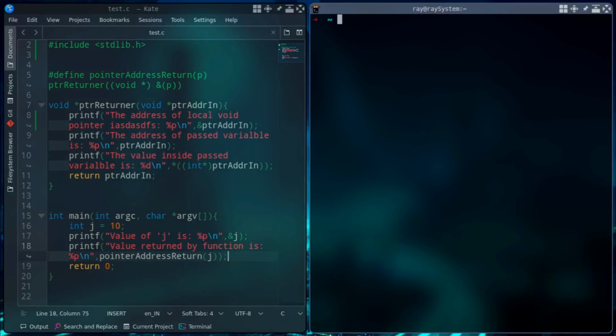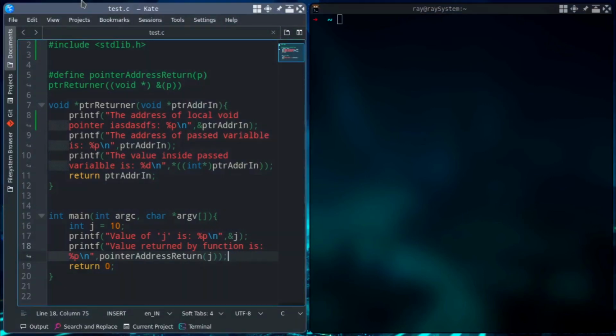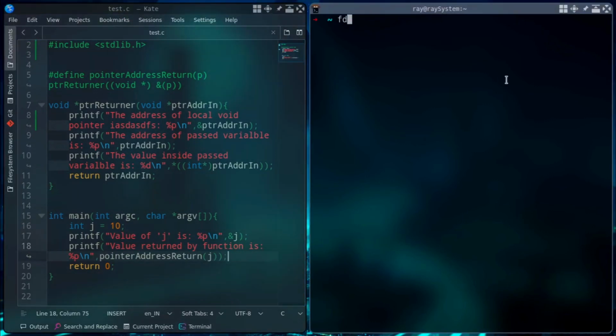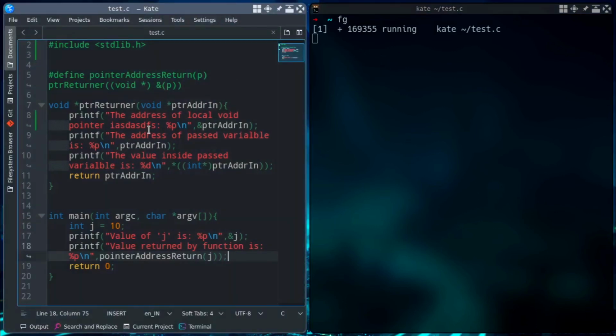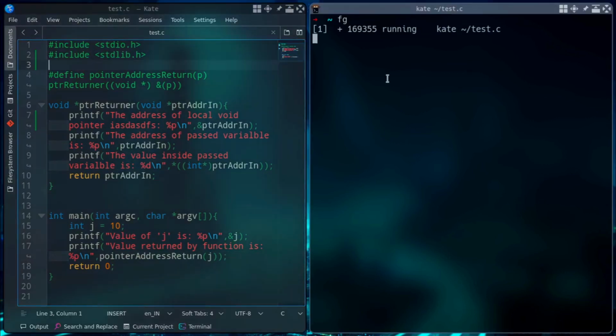Suppose I need to bring this once again to the foreground, I can do it by typing fg. Once you type fg, the text editor will be running in the foreground and I can use it, but there will be a problem. Now I cannot use the shell because the shell is not available. The program is running in the foreground and it is utilizing the shell. To kill it, you can either press Ctrl C. I will show you another way.